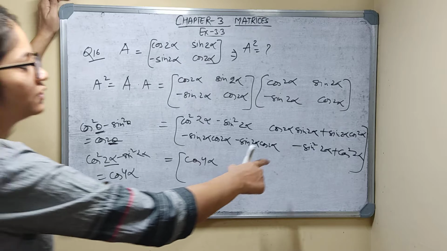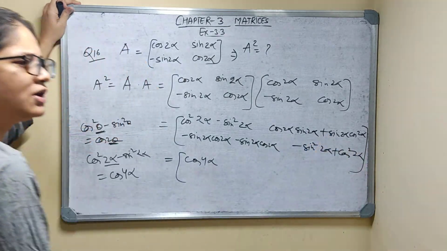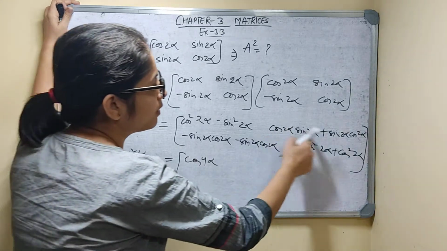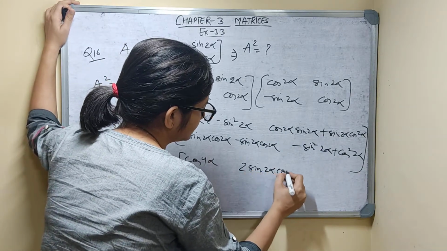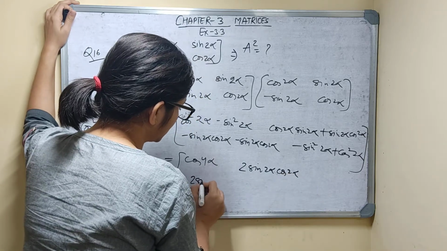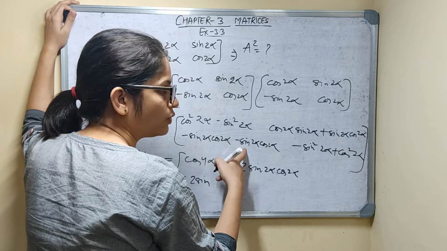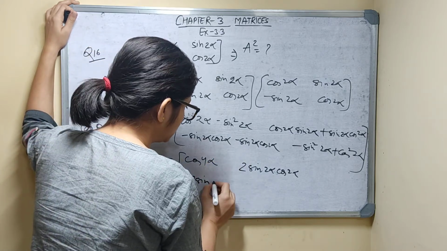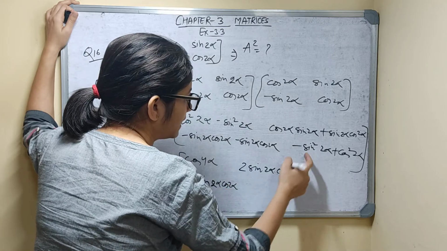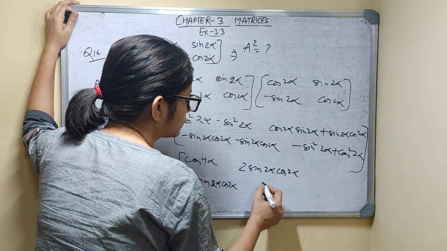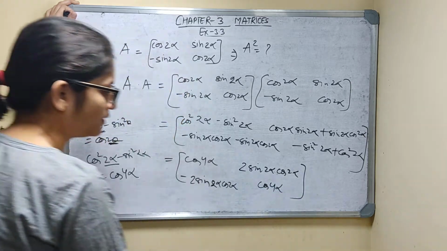So directly you can add sin 2 alpha cos 2 alpha, sin 2 alpha cos 2 alpha. You can use that formula also, but here both are the same, so I can write 2 sin 2 alpha cos 2 alpha. Here minus 2 sin 2 alpha cos 2 alpha, and this is also sin 2 alpha cos 2 alpha. Both are negative, so minus 2 sin 2 alpha cos 2 alpha, minus sin square 2 alpha plus cos square 2 alpha. So I can write cos 4 alpha. Is it clear?